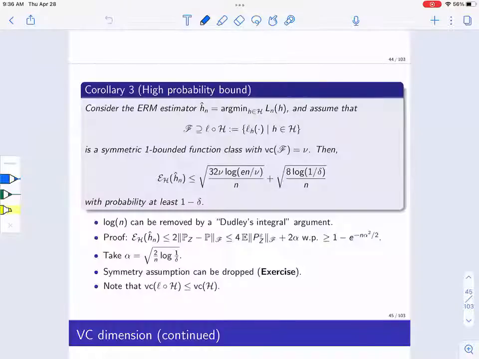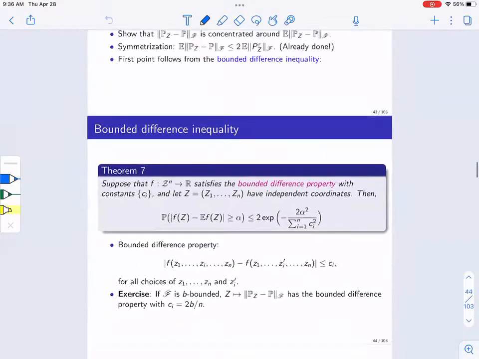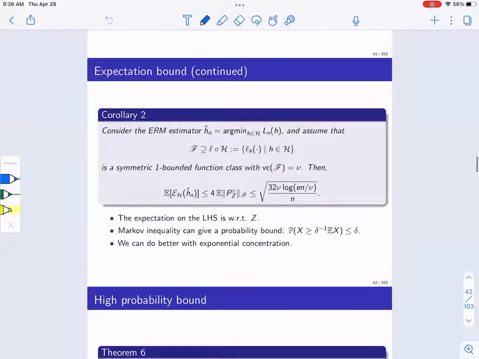Again, a recap. The result that we ended up showing last time, just to remind you, there are two sets of results, one about the expectation and the other one a high probability bound. So what we showed is that if you consider an empirical risk minimization, so again, to remind you guys,